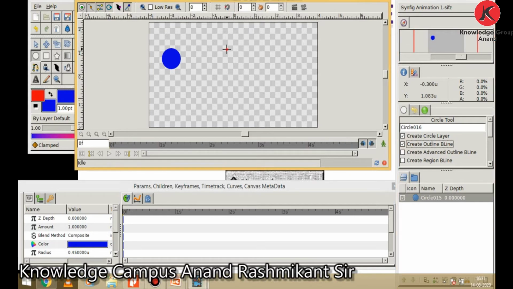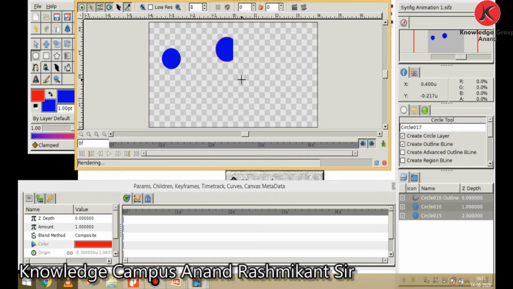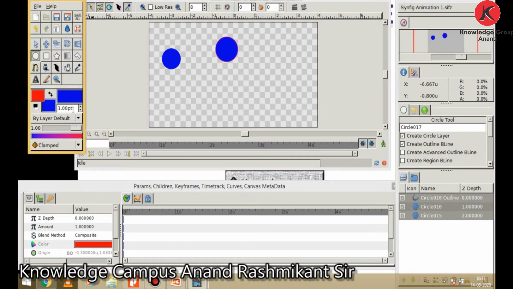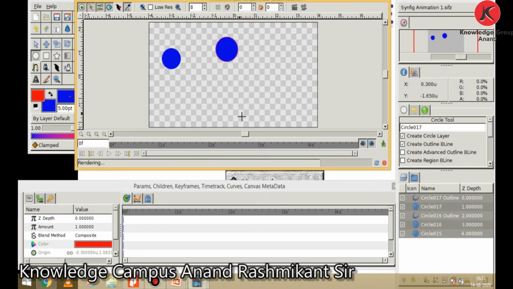Once again I draw a circle, and now you can see the circle with an outline, which is with red color. Now the brush size, its default value is 1. When you increase the size of the brush, suppose I increase it to 5 points, now see, when I draw the circle, it will look like this.